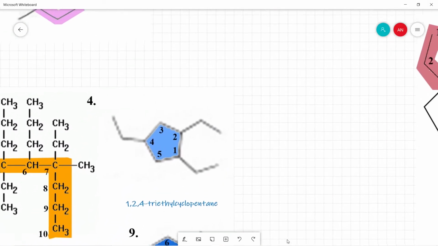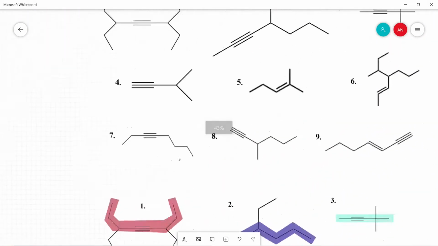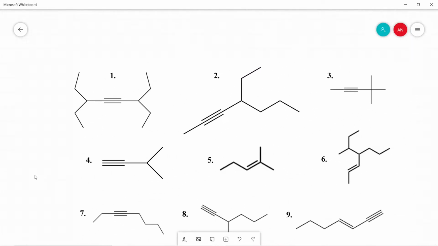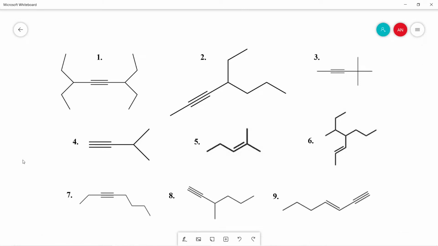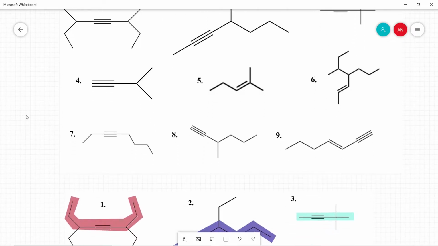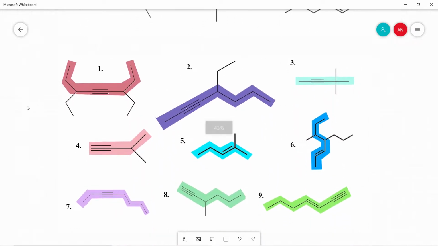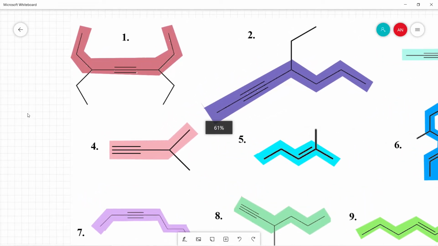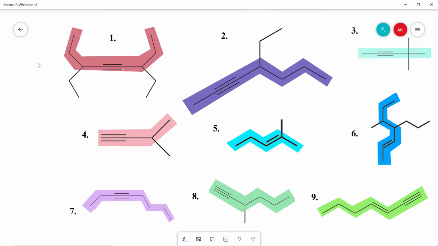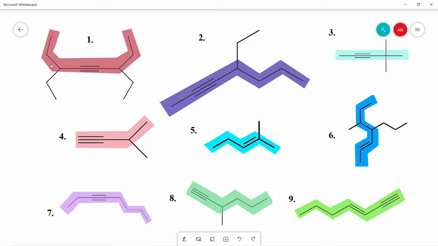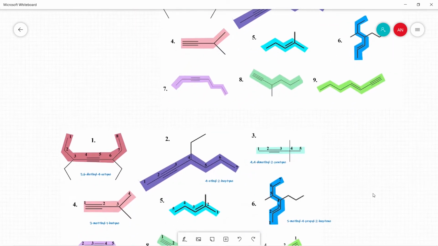Alright, now moving towards the alkenes and alkynes. So here they are. As we discussed in alkanes, first we will point out the main chain, so I have pointed out the main chains of these compounds here. After that, we will assign the numbers according to the branches, so the branches get the lower number. So I'll be starting from here or here, it's almost the same, and of course I'll start from this side so that this triple bond gets a lower number. So let's see here.